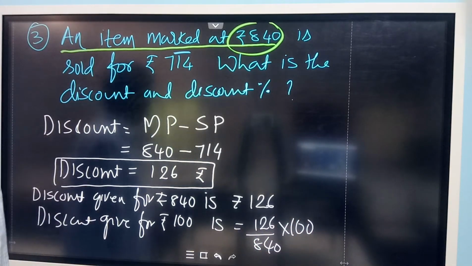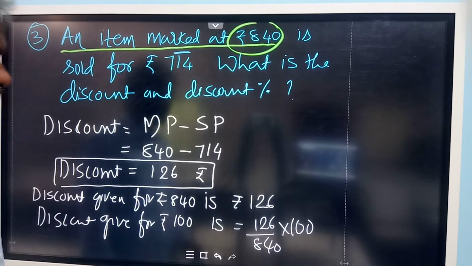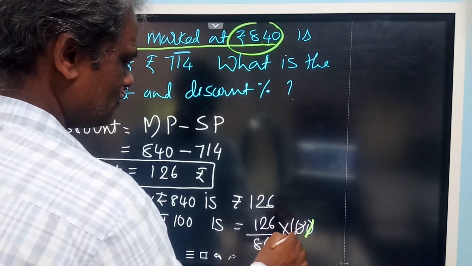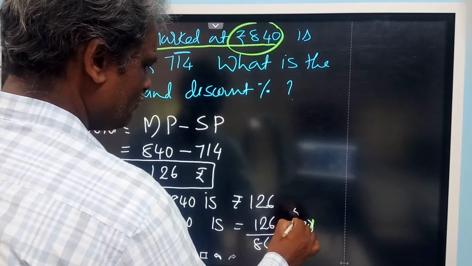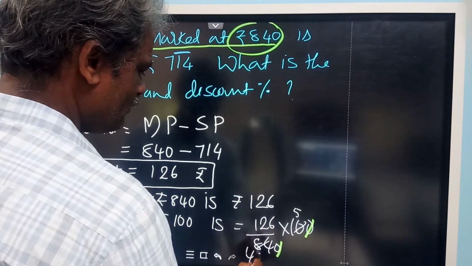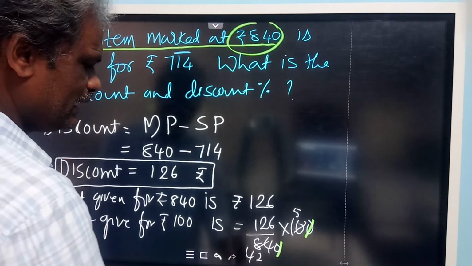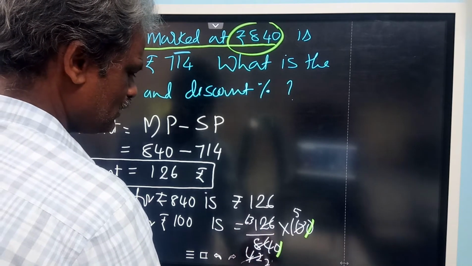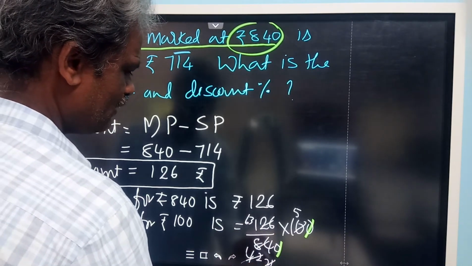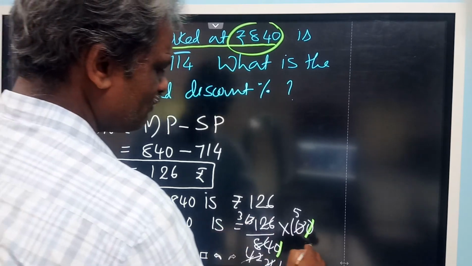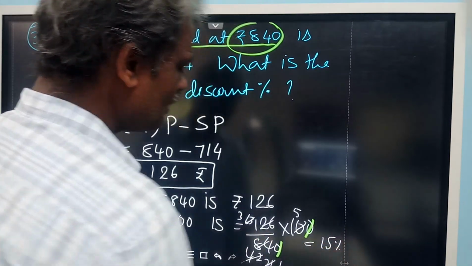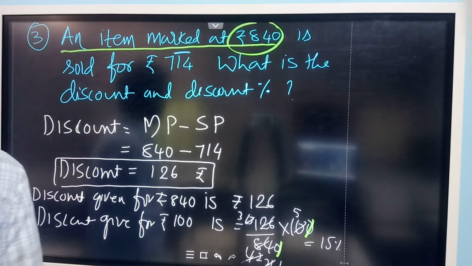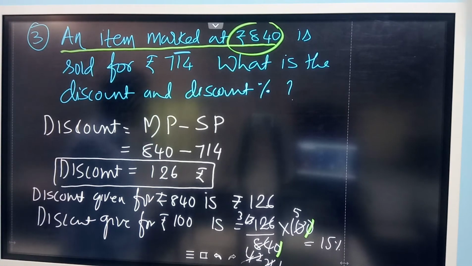Now if you simplify this, what is the amount you will get? Divide this one, the zeros cancel. 2 fives are 10, 2 fours are 8, 2 twos are 4. Then again 2 sixes, 2 threes, 2 ones. 21 ones are 21, 21 fives are 105, 5 threes are 15%. So a 15% discount is given. For every 100 rupees they give 15 rupees as a discount. So we calculate the percentage also.